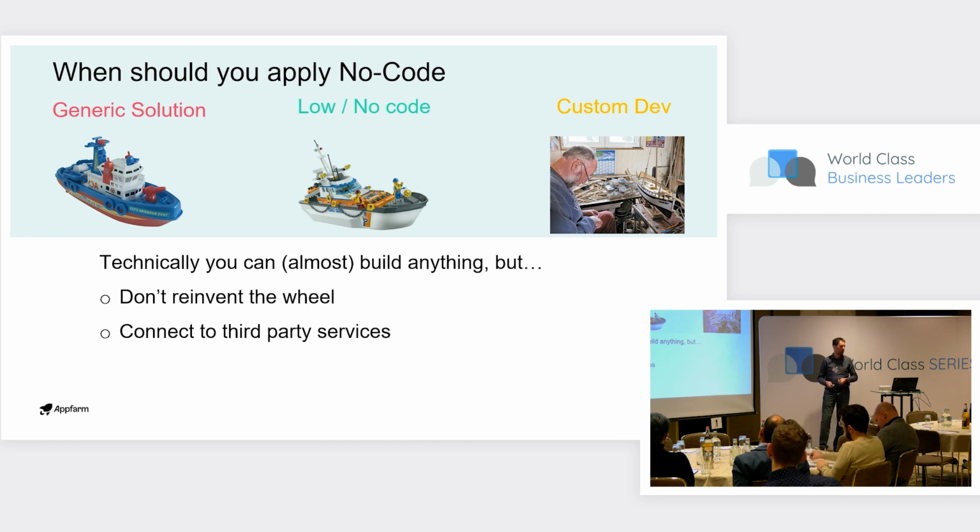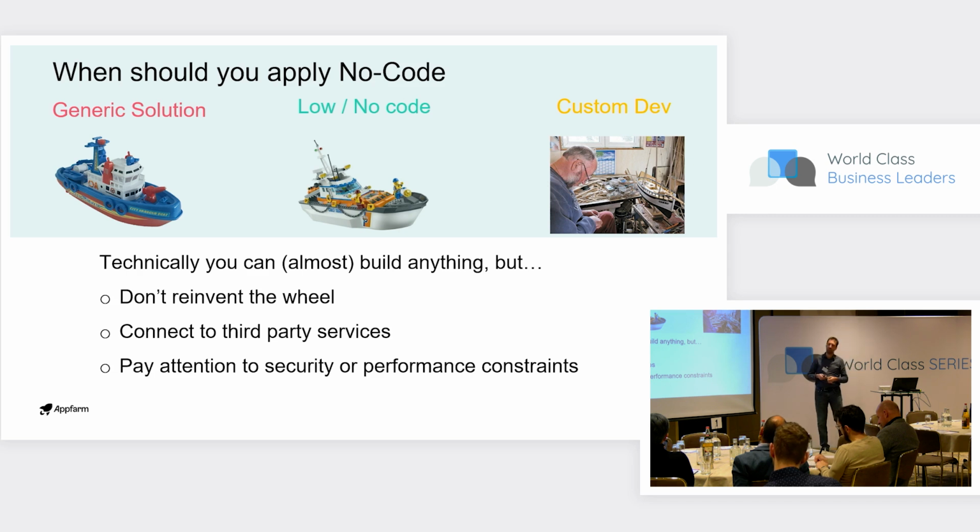The second rule is connect to third-party services. Sometimes you need to deal with very specific tasks. I'm taking the example here of OCR, optical character recognition. For example, this task, we are not doing that in one of our tools. We are just using existing services that are on the market. With OCR, you just send a PDF and you get the information back. And because you don't have the volume to build the AI model and so on, those services work quite well. So it doesn't make sense to start doing it again.